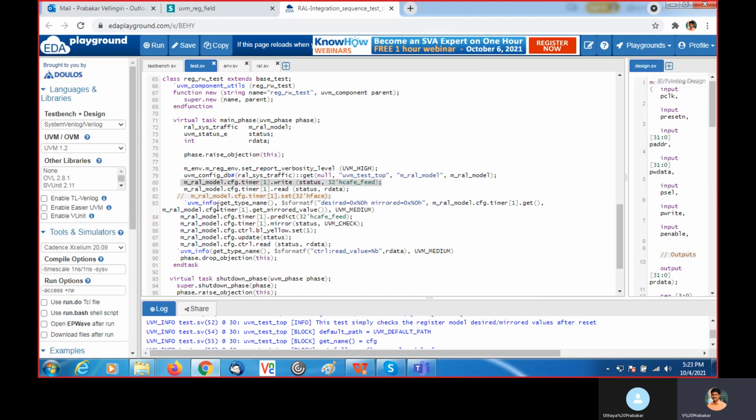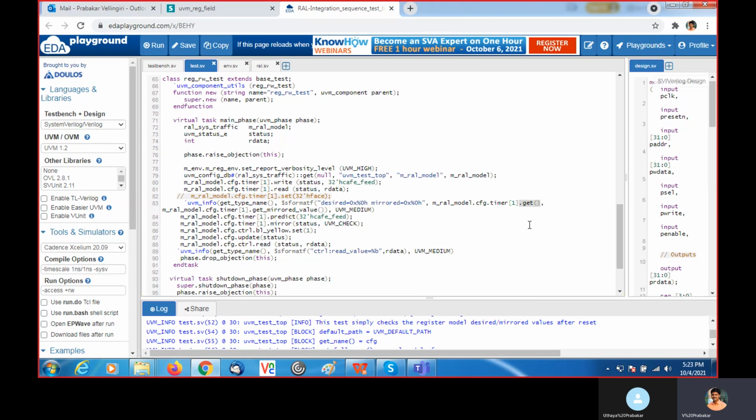Then in this UVM info, I am getting the desired and mirror values, and I am going to print them. To get the desired value, use config register model dot config dot that particular register, timer 1, dot get.